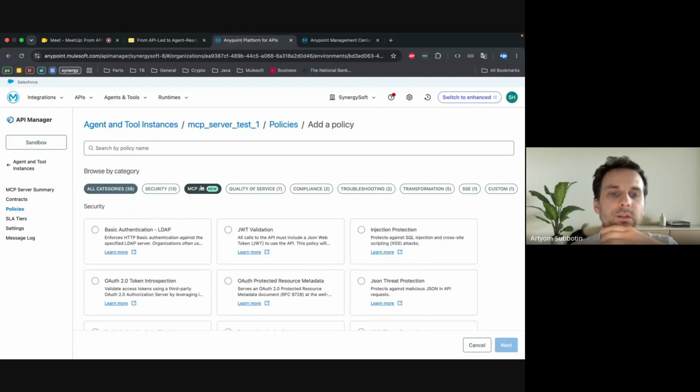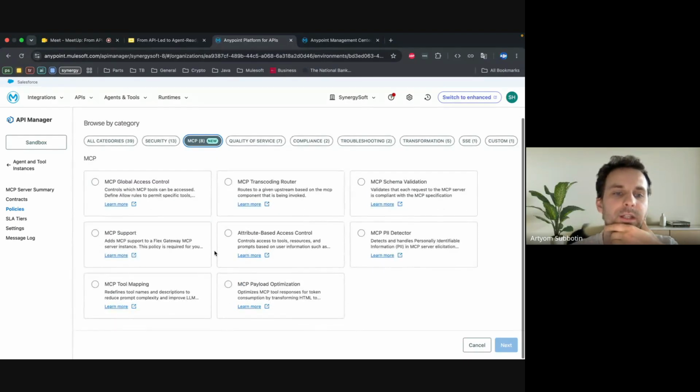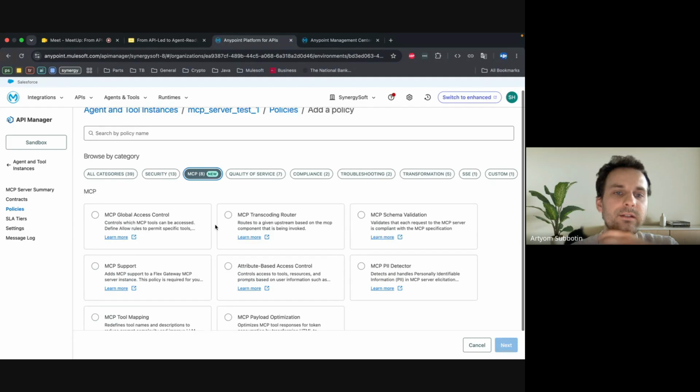But to successfully run the connection between the MCP server using the MCP connector, we need at least one default policy called MCP support. Sergey will later go through all of the policies and say which of them are default and which are not.